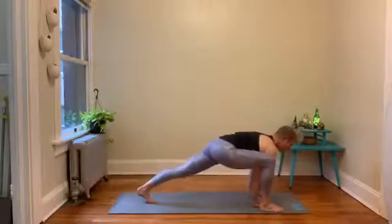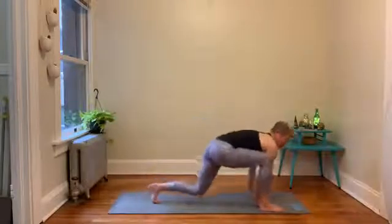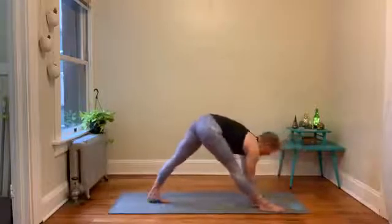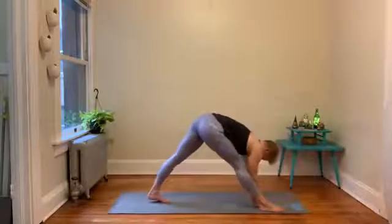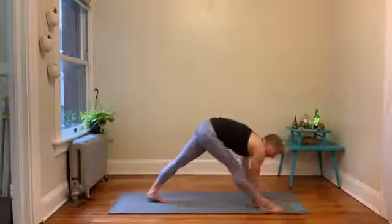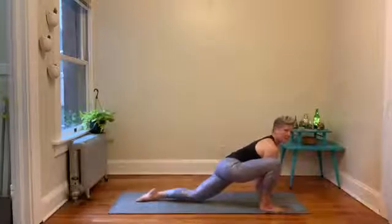Come into that lunge. And then we're going to drop that back heel, straighten that front leg for 1. 2, remember your options to drop your knee. 3, 4, the wider this position is, 5, the more of a stretch you're going to get in the back leg. 6, 7, 8, specifically the heel. 9, remember, pull that hip back. 10, and drop down to the knee, straighten that back leg, and here we go into those hamstring pulls on